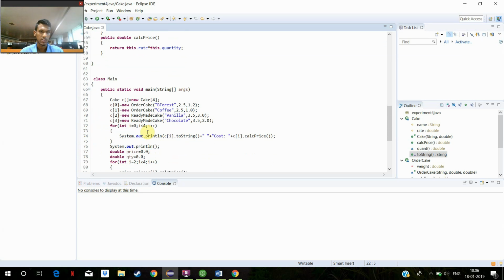And as you can see in the main method, we create an array of objects. Our first two objects are for ordered cakes, as was required by the question, and the other two objects will contain values for ready-made cake. Using a for loop,